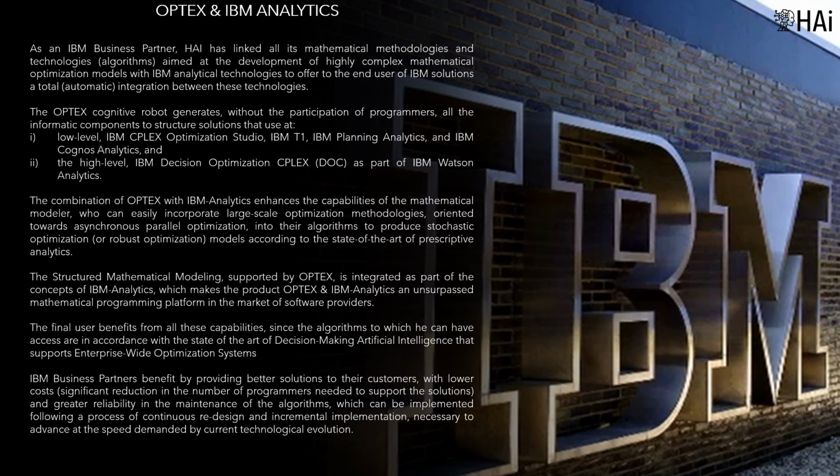low level, IBM CPLEX Optimization Studio, IBM TM1, IBM Planning Analytics, and IBM Cognos Analytics, and at the high level, IBM Decision Optimization CPLEX, DOC, as part of IBM Watson Analytics. The combination of OPTEX with IBM Analytics enhances the capabilities of the mathematical modeler, who can easily incorporate large-scale optimization